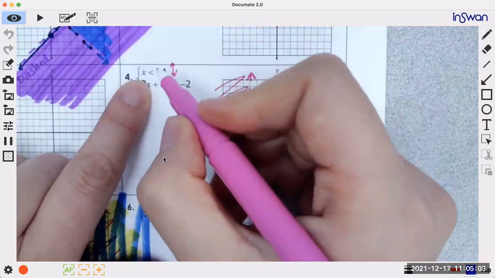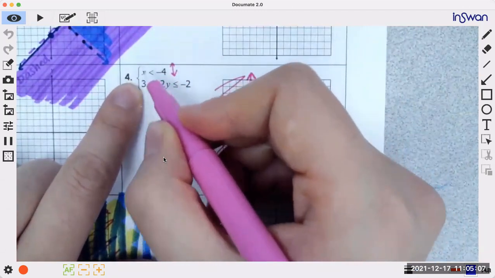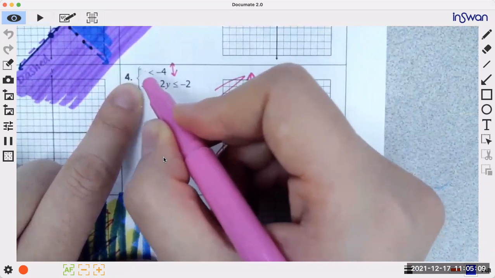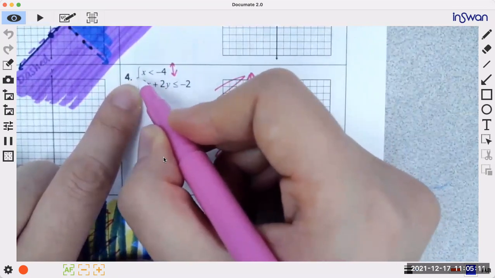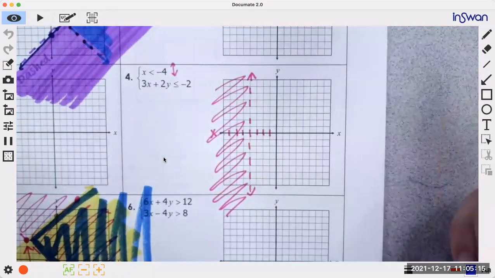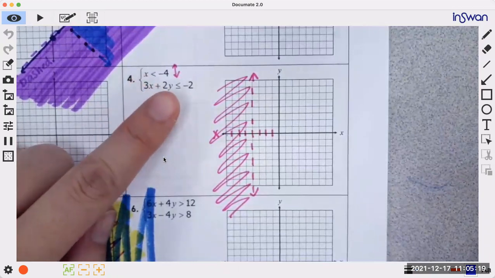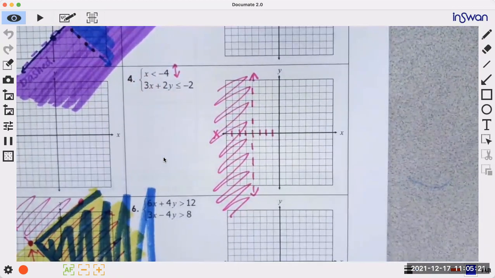Some of you guys had trouble with the exam final question because this x or the y was not by itself because there was like a negative. If there's a negative, you still have to get that letter by itself. Don't forget to divide by the negative and flip the inequality. All right. So now moving on to my second